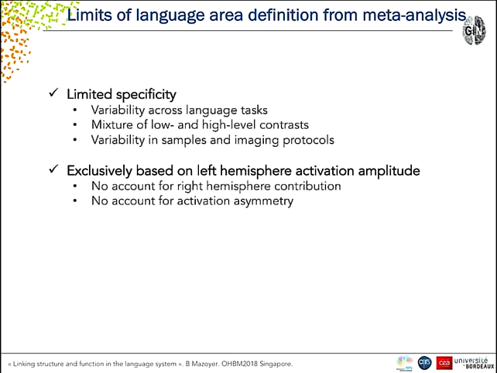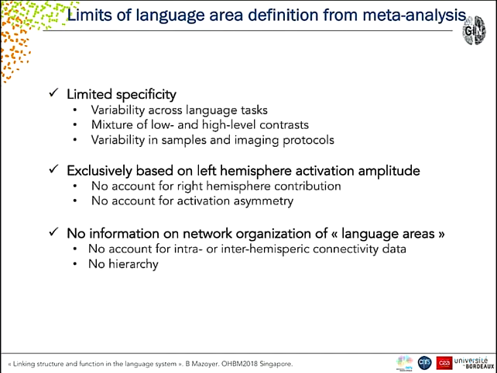Also, we know that if you look, for example, at just a pure metabolic map at rest, you will see that the right hemisphere is reactive at rest. So is the left hemisphere. And it's only when the function expresses itself that there is this imbalance. So asymmetry gives you information about the language areas. And finally,